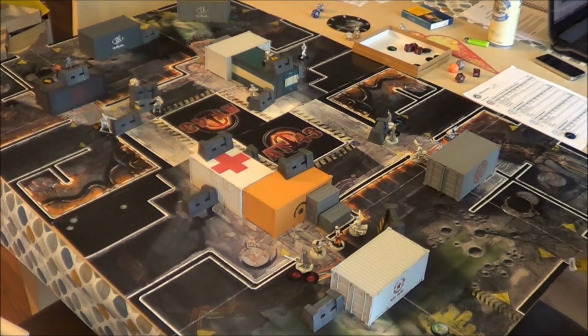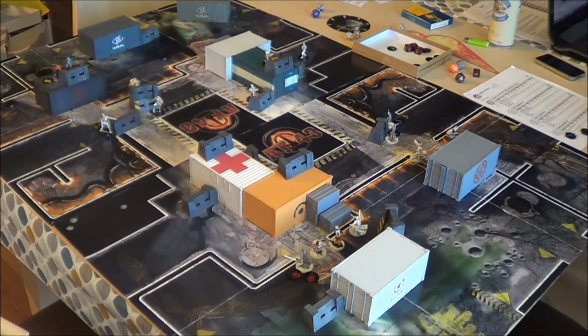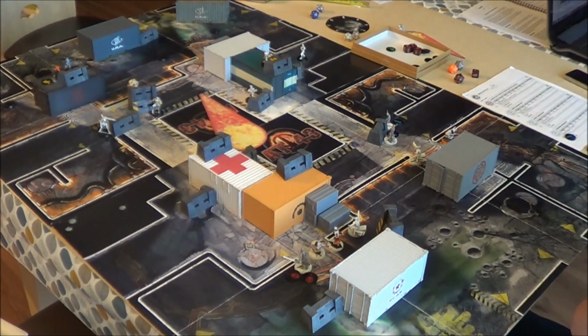You're okay? Yep. I can't see him right now because he's prone behind it. Suppression fire on the guy who already has suppression fire. Done. Your turn. Okay, here we are at the bottom of turn 2, and I'm going to start using my